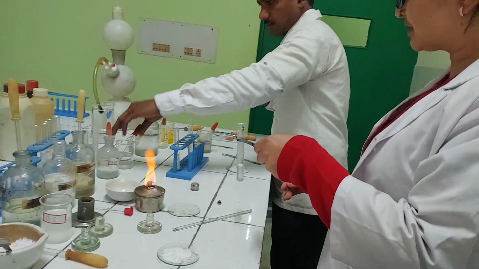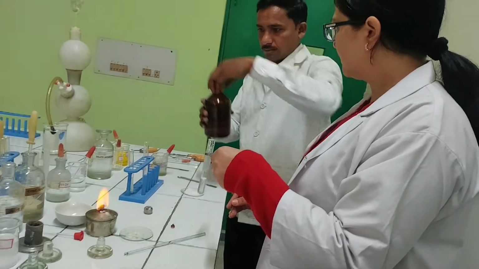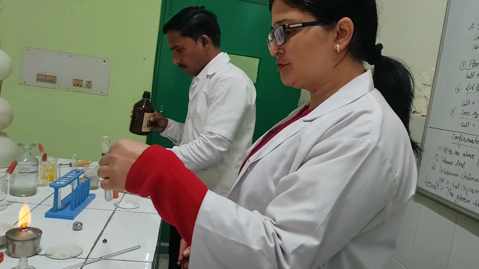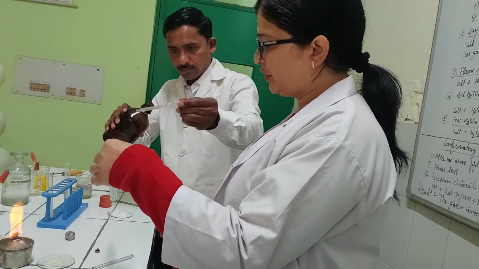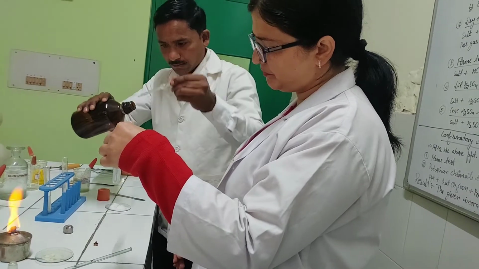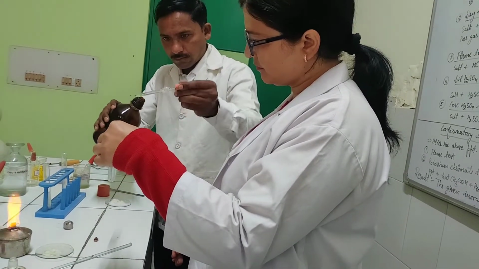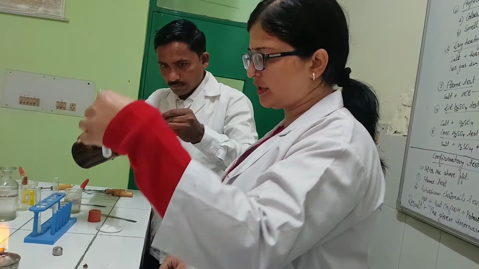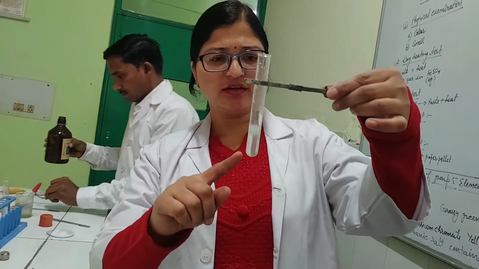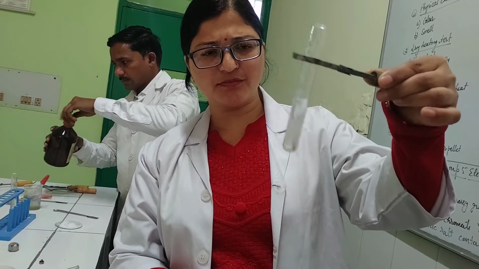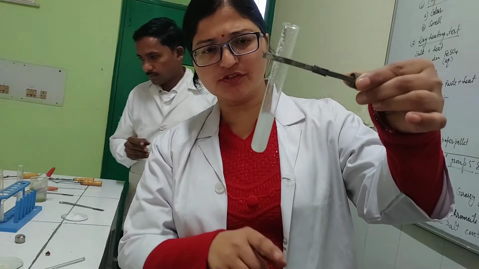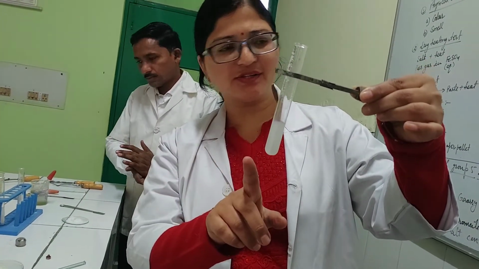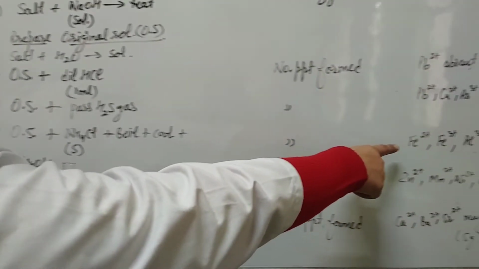This is the ammonium hydroxide solution. Always use the dropper to add it. Okay. Now you can see no precipitates are formed. Similarly, here we can dissolve it. See, this is the clear solution. No precipitates are formed. It means the next group, that is the third group, is also absent.